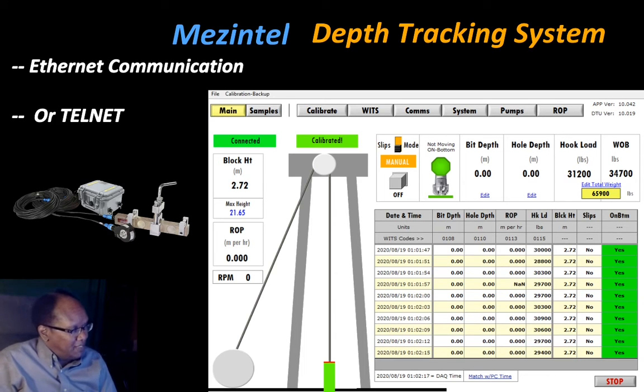Hello, this is Anthony, and today I'm continuing with the discussion on the Mezintel Depth Tracking System, and the topic of interest today is on Ethernet communication via the TELNET Protocol. So what you see there is the window of the Mezintel Depth Tracking System software running on the hosting PC,